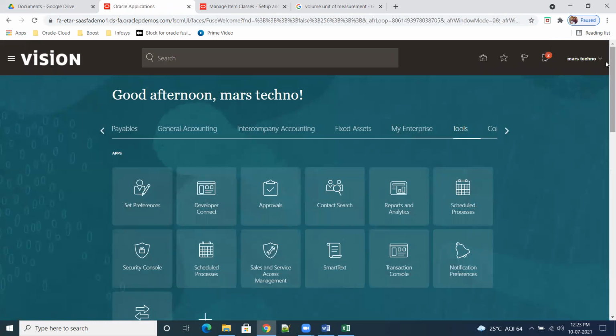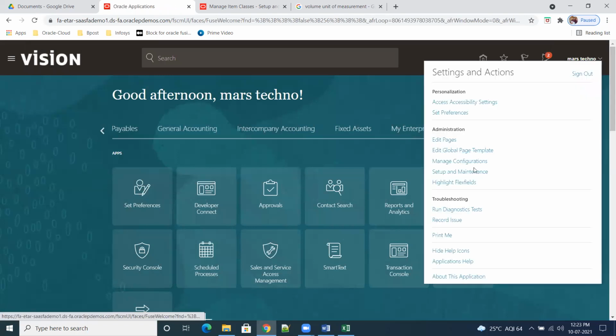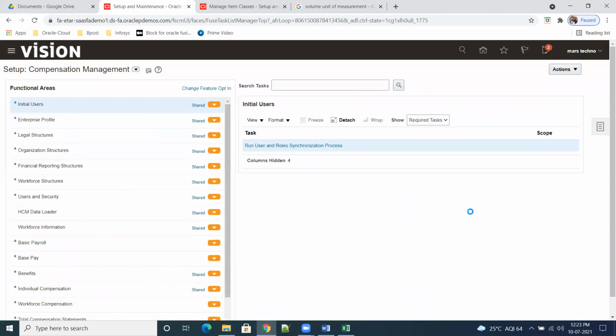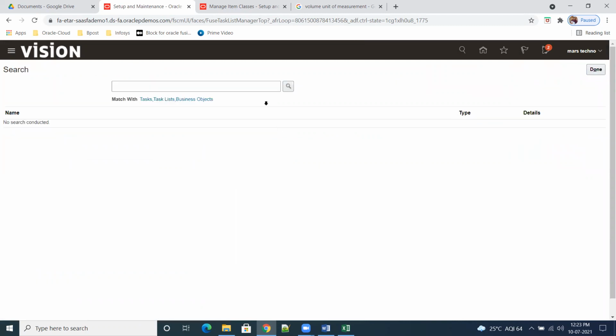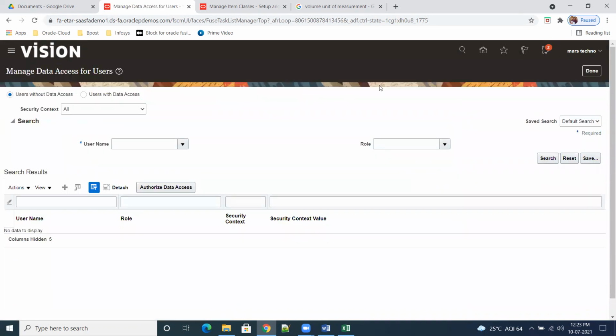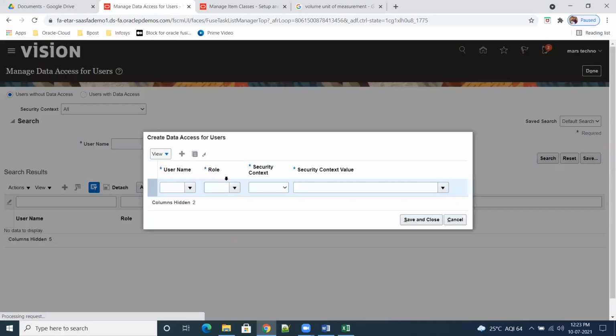Go to data access. Manage data. Plus techno. Inventory manager is enough as of now.